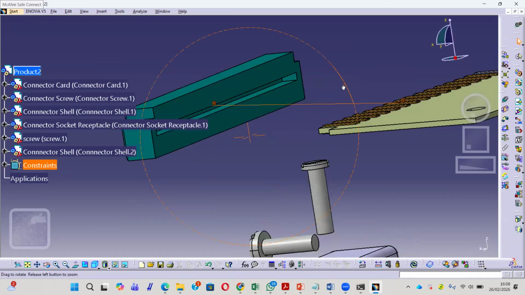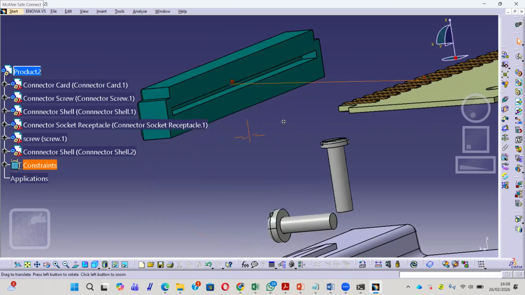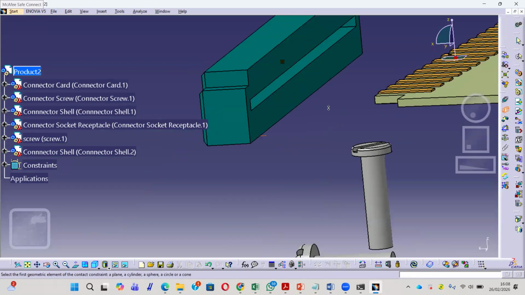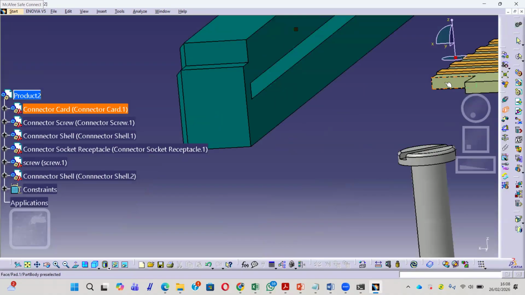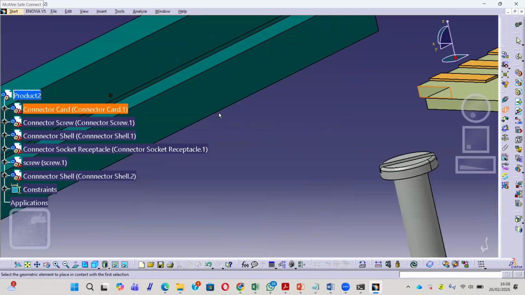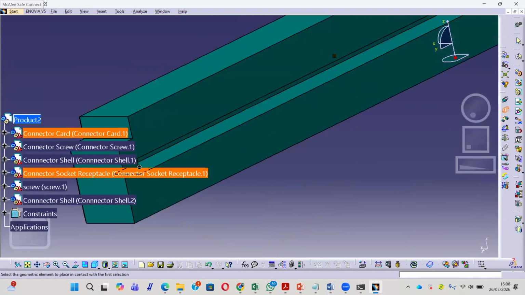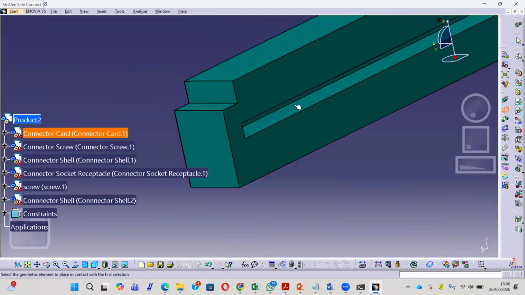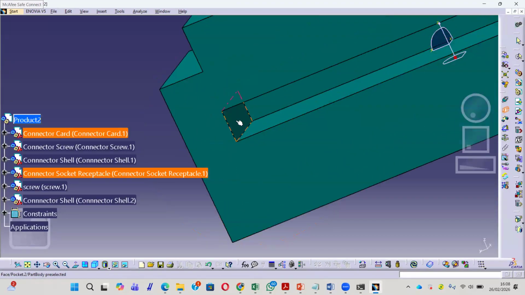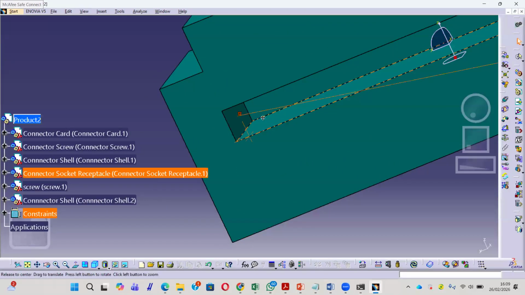And then we make another contact. For example, this one will contact to this side. You have to use a mouse so you can zoom here and here.